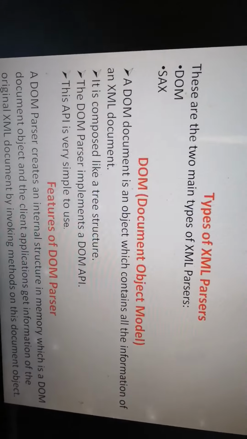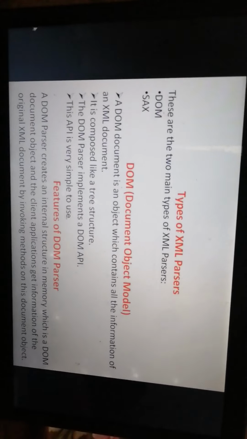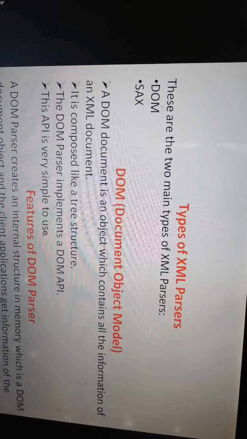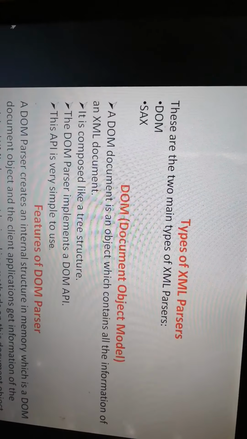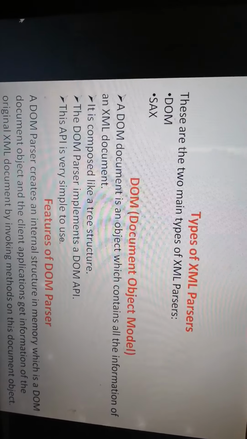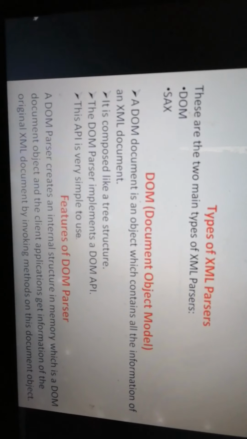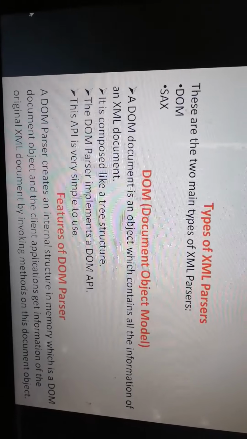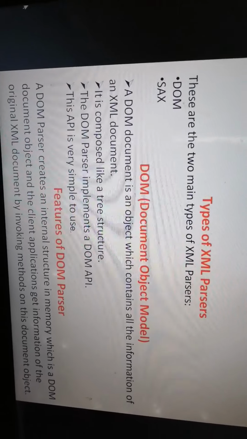Now, what types of parsers do we have? We mainly have two types: the SAX parser and the DOM parser. As we described, the document object model acts as a parser, the DOM parser, and the other one is the SAX parser. These two parsers validate the XML and provide a structure that makes the XML document easily accessible in the programming environment.